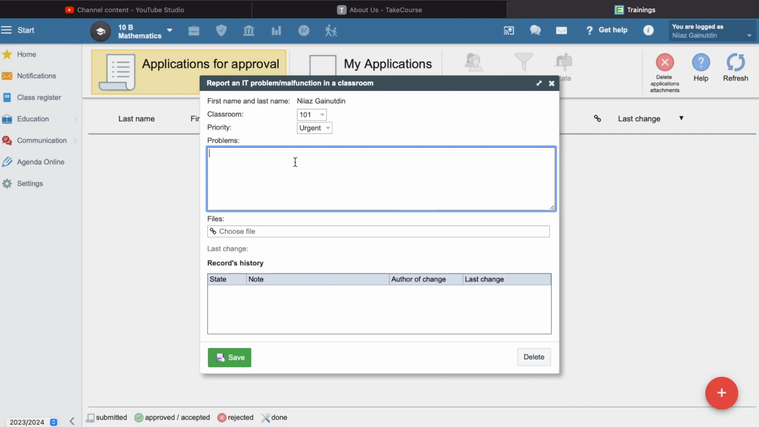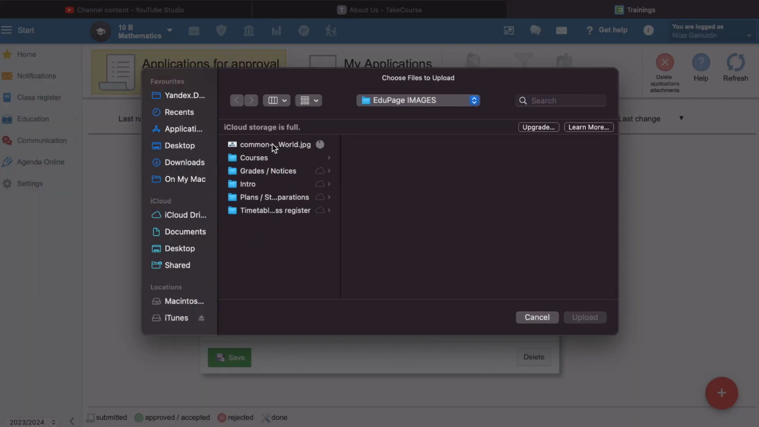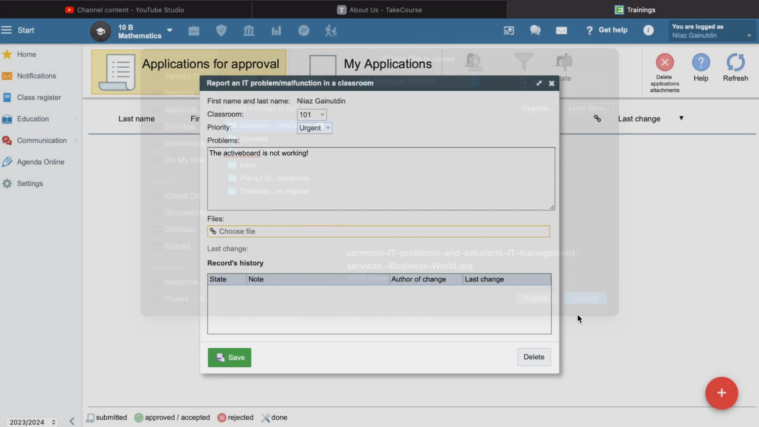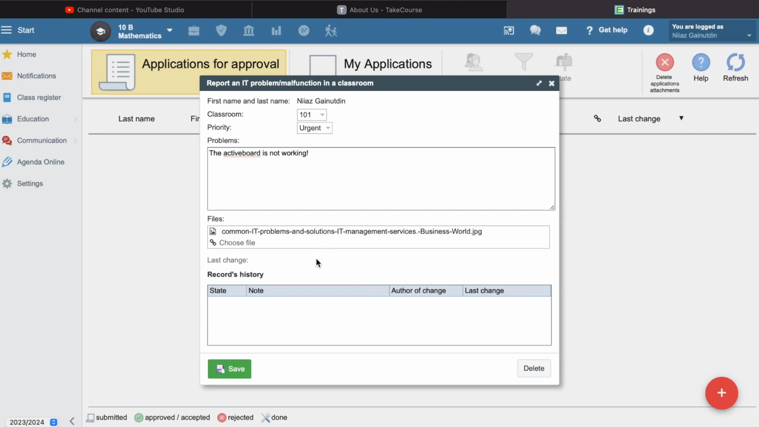Say that the active board is not working, and you can specify here with the images, with any kind of files, so the IT support staff who is in charge will be receiving the malfunction part of your classroom. And if you save it,